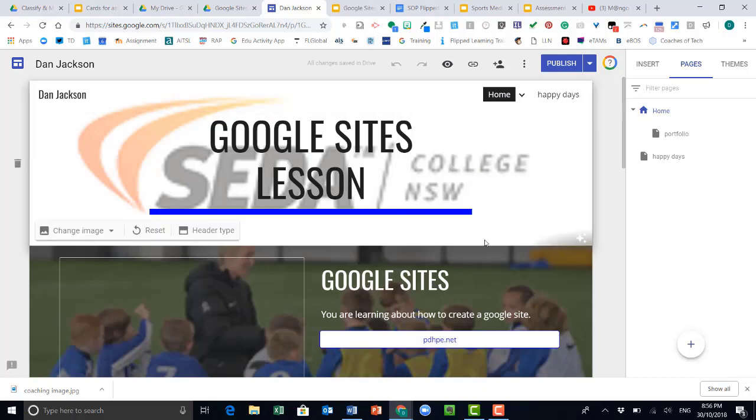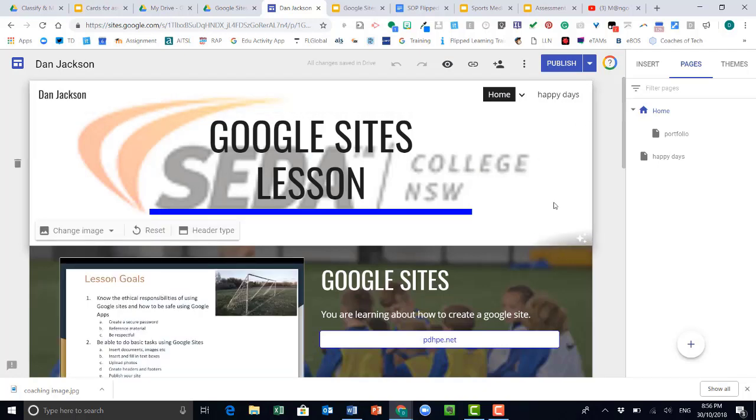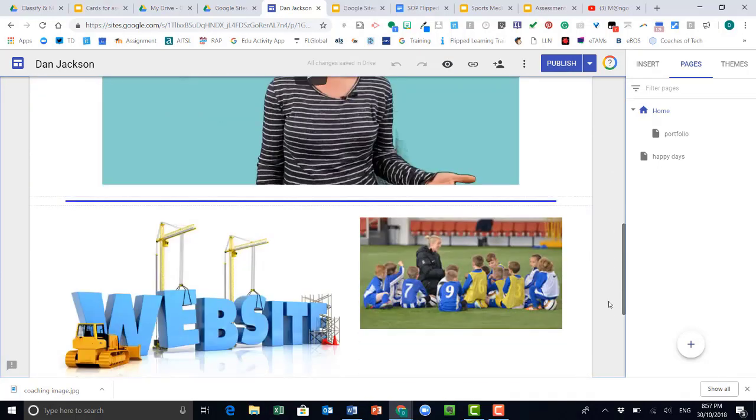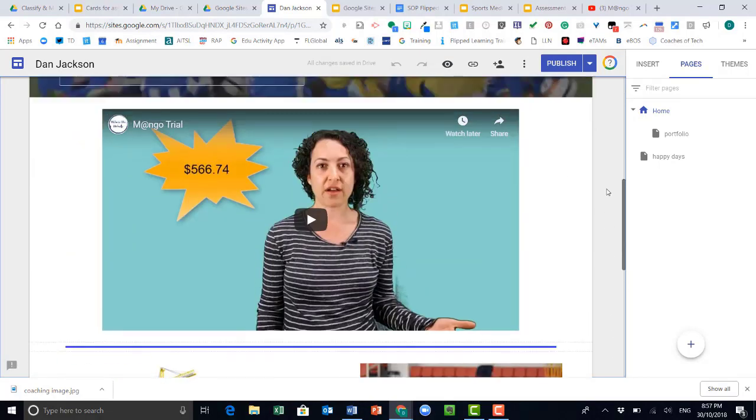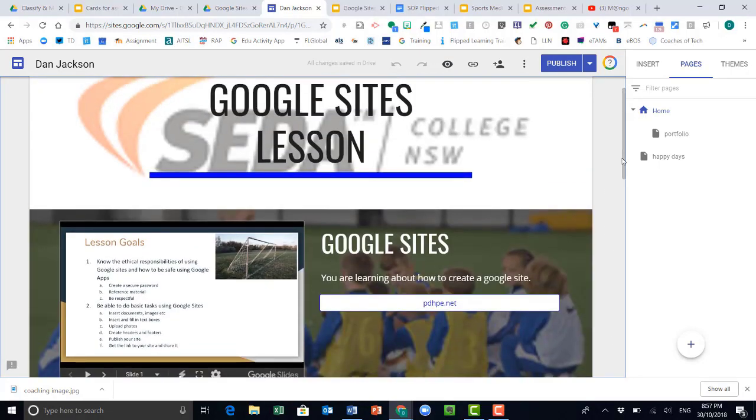And then you can just edit it, and whatever you edit hasn't actually been published, so it won't look like what you've edited until you click the publish button. Once you click publish, that's when everything will look like what you've actually created or changed. So that's just a very quick example. This is just chucked on there, but you guys